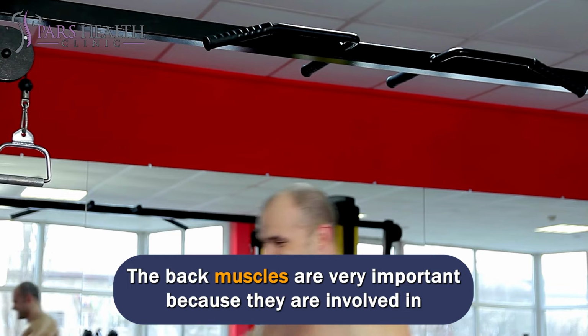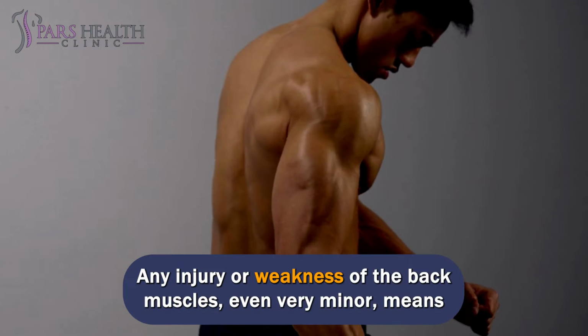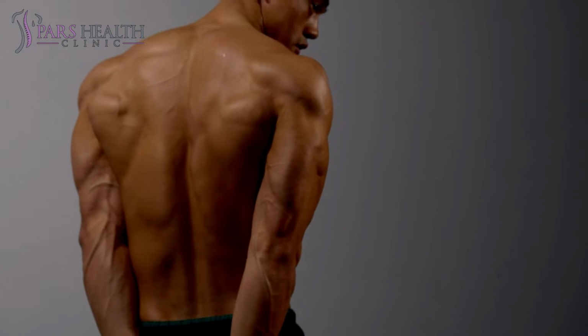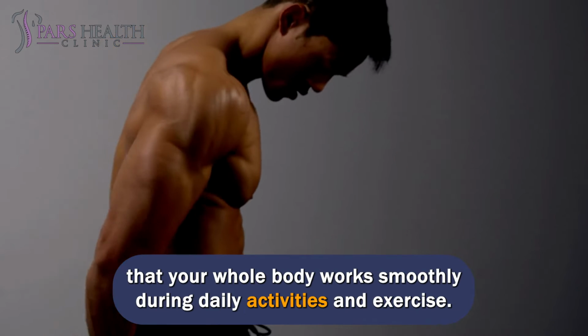The back muscles are very important because they are involved in every movement you make somehow. Any injury or weakness of the back muscles, even very minor, means that you are in pain or unable to perform certain movements. Strengthening your back muscles can help prevent injury and ensure that your whole body works smoothly during